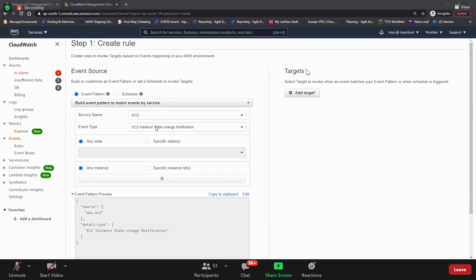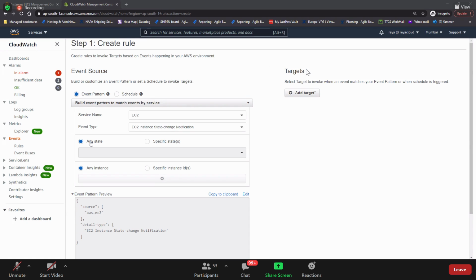Instance states, how many states are there? There are 6 states: pending, running, stopping, stopped, shutting down, terminated. If you're interested in any of these 6, go for any state. Our requirement is, if someone is launching the EC2 instance, you need to get a notification.